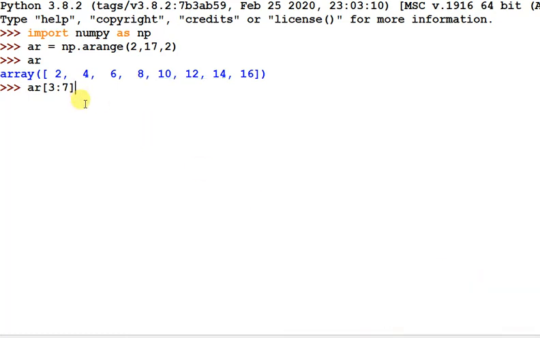Now you can press enter, and you get the values 8, 10, 12 and 14.